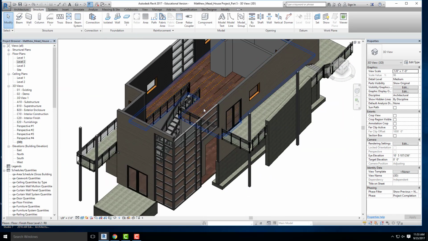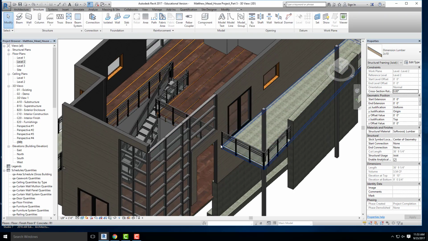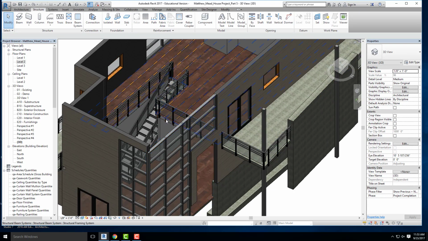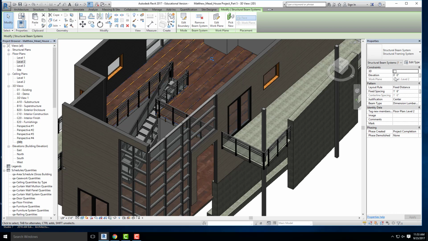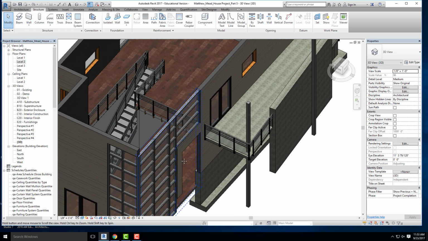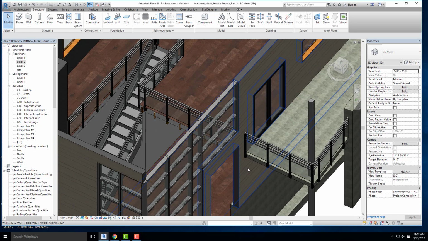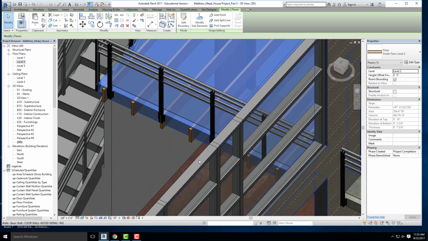Okay, but if I click on it, let's click on the whole system. Come on. Sometimes you could select either the individual members or you can select the entire system. There we go. So we're going to change the elevation to minus 1.5 inches. I'm going to hit Apply. Okay. And I'm going to do a couple more things to get this right. So right now, if I click on this floor structure,